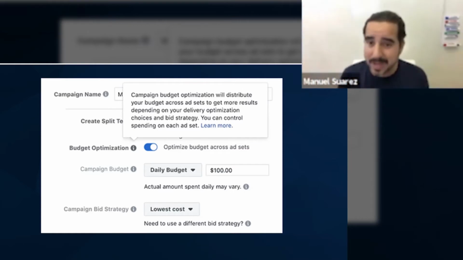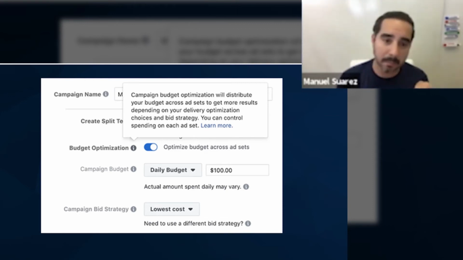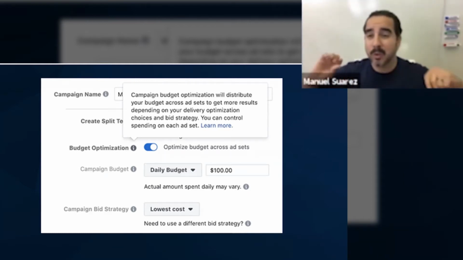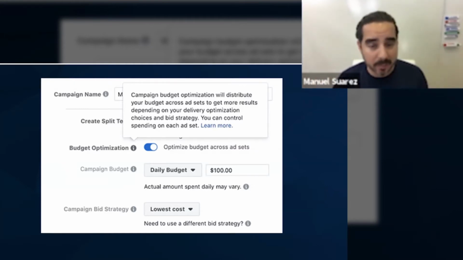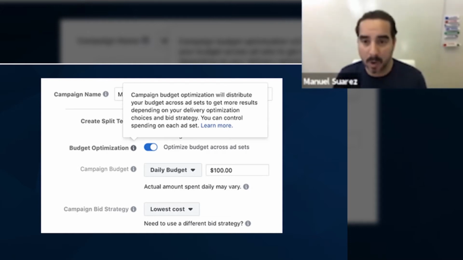You are at the campaign level, you're going to select the campaign name, and there's going to be an option right there that says budget optimization. And if you toggle that thing on, it's going to optimize your budget across ad sets. So in short, you don't select a budget per audience. You select a budget per campaign. And all you got to do is plug in there a bunch of audiences, up to 70 of them, more on that later, and Facebook will optimize towards the best performing one.